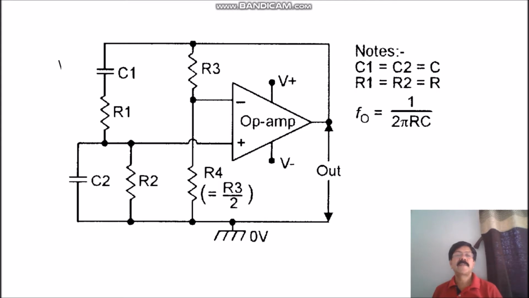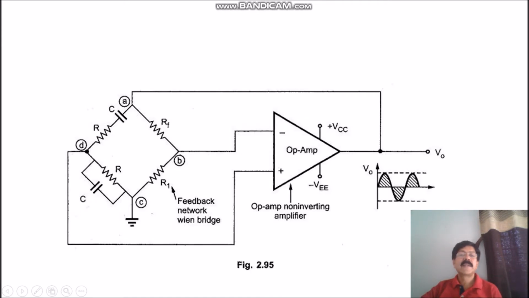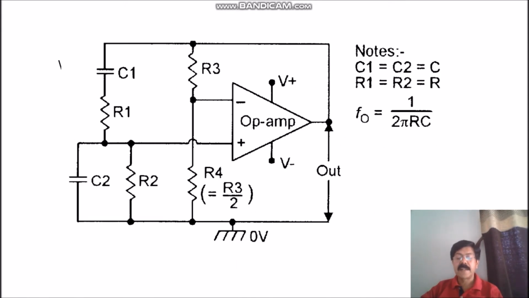So let's say such a diagram is asked to identify. We can very well see there is a bridge where one of the arms is a series combination of R1 and C1, another is a combination of R2 and C2, and in the two other arms there is a resistor divider network. Now, many a time this can be asked in various ways, so such a circuit can be there. So how to identify whether this is a Wien bridge or not, or many a time we get confused how to draw it.